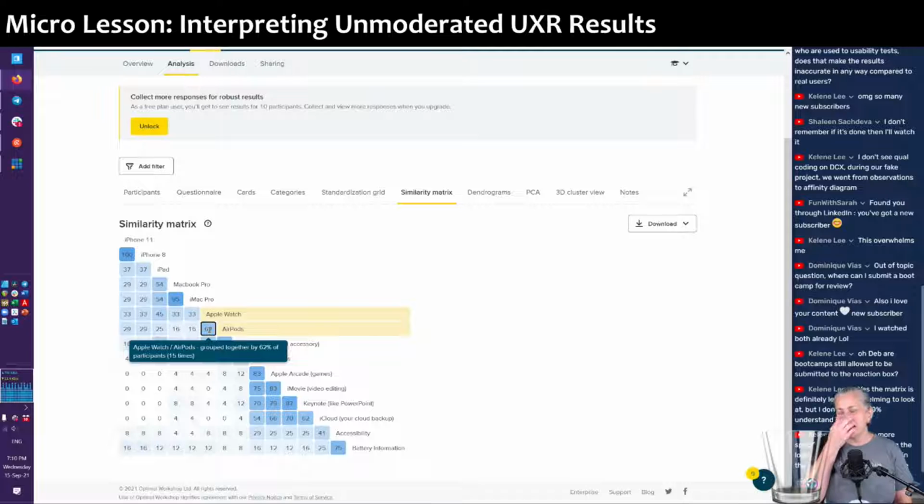So again, this is why this type of analysis isn't a two-hour job. You definitely have to make a lot of notes, draw some diagrams for yourself, maybe even make a Miro board and start moving these around. I'm not going to say there's one right way to do it. This is how I do things, but I'm looking for how our users perceive these things and where they perceive